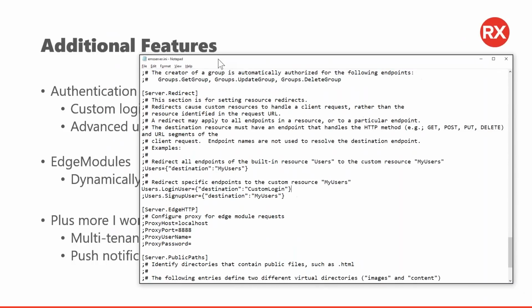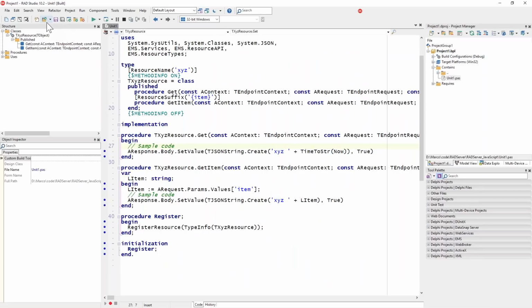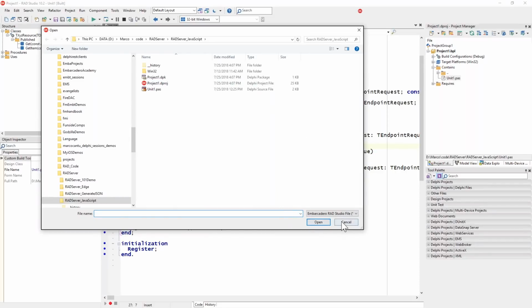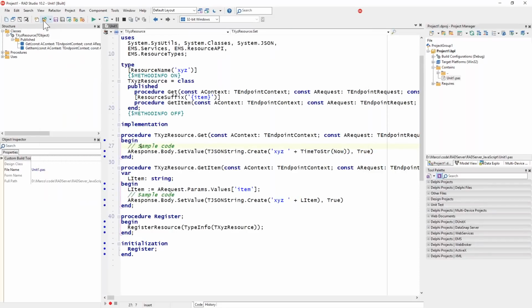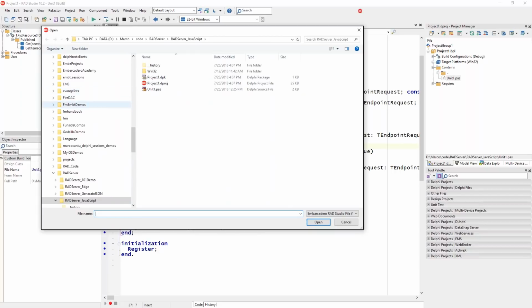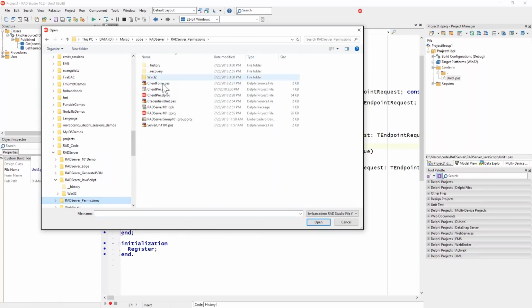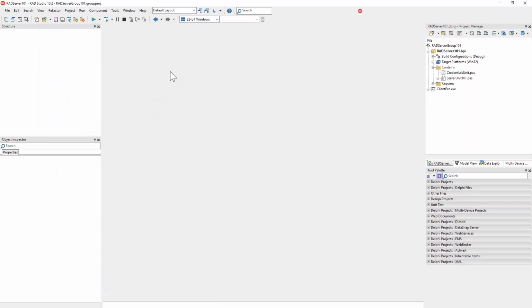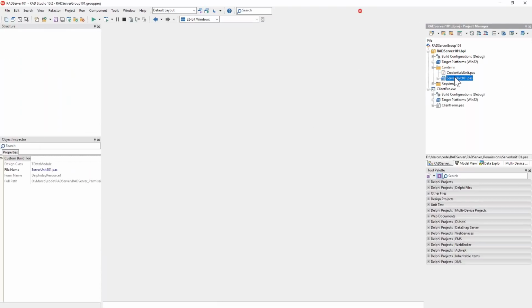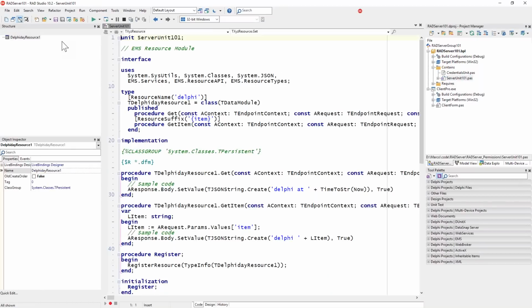So rather than doing the standard, I'm doing something special for login. Now let me open the correct demo here, and that's going to be the permissions demo, which is a slight change to the previous demo. So I have the same server with the same endpoint, and